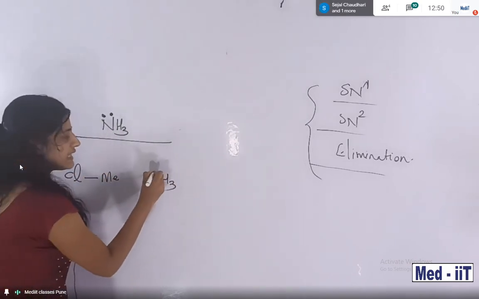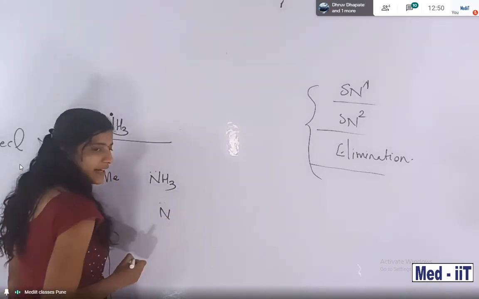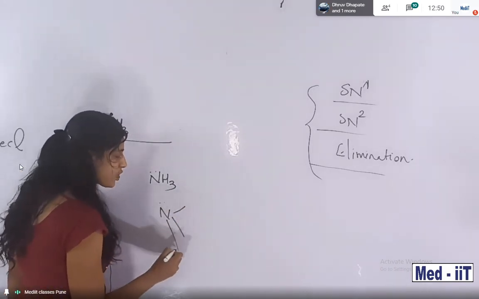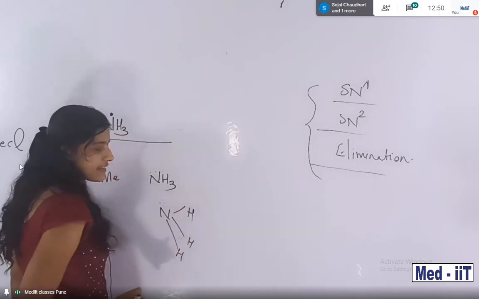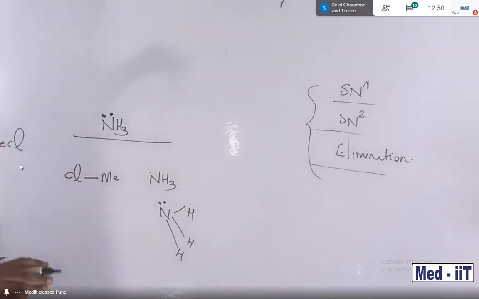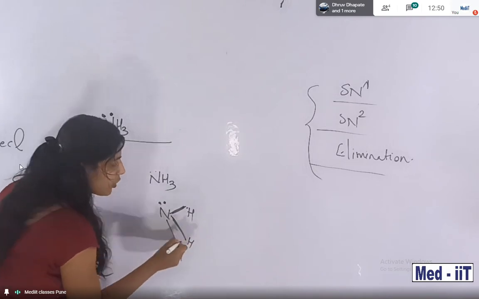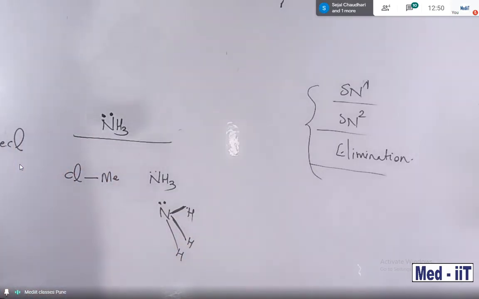Look, in this ammonia, we can see that nitrogen has a lone pair and also bond pairs. Three hydrogens are there, and one lone pair is there. Out of these two, this is the bond pair. Bond-related pairs are called bond pairs. Out of these two, which electron pair will donate very fast, lone pair or bond pair? You want to think like that, and then only apply it in the question.